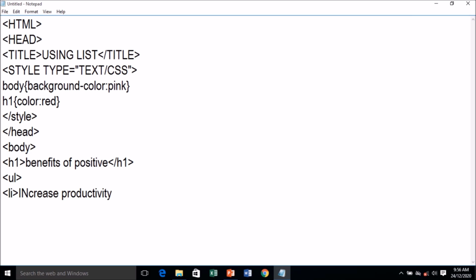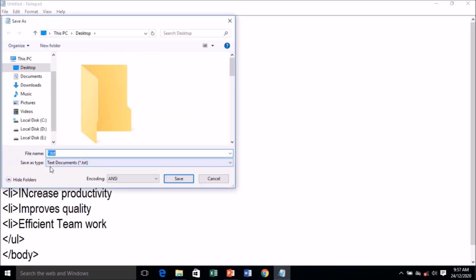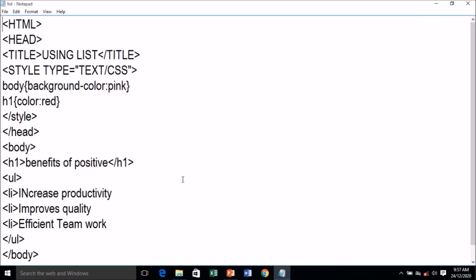After that, here we have the UL tag. We'll start with the unordered list first. LI, we are writing for the list item. As many items as you have in your UL tag, you will keep on writing LI. LI is only an opening tag and there is no closing tag for it. Let's save our file. Remember, while saving, we have to use All Files, and we'll give the name list.html. Remember to close the UL tag, body tag, and HTML tag. After saving it, let's click here on HTML, save here, and then we will open the file.